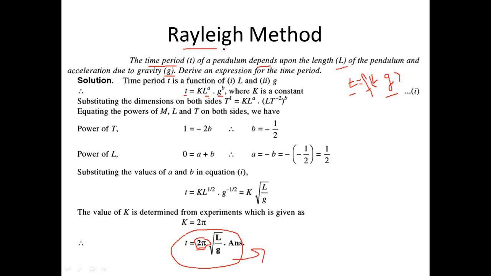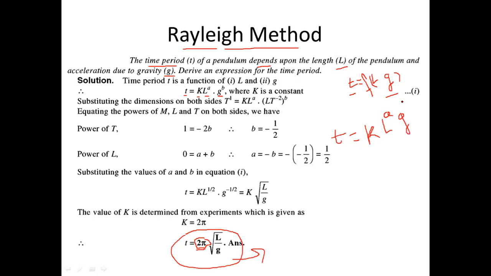In order to account for this constant, at the very first step we will take a constant k with the given relation, for any question. So in the first step, t is equal to some constant, which could be 1 also. Now it depends upon length, but how it depends, I don't know. I will just raise it to another constant, let's say a. And the next variable given to me is g. How the time depends upon g, I don't know.